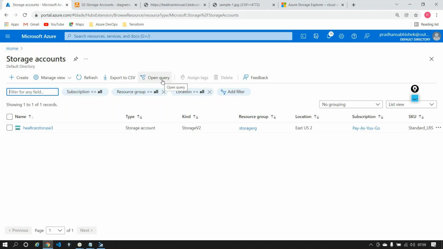So it depends upon the subscription that you're actually using. I'm using pay-as-you-go. That's the reason I have 250. If you're using an enterprise, you may have 500. If you are using a free trial, the number can be less. So it depends upon something known as the limit. Any more questions here, guys?